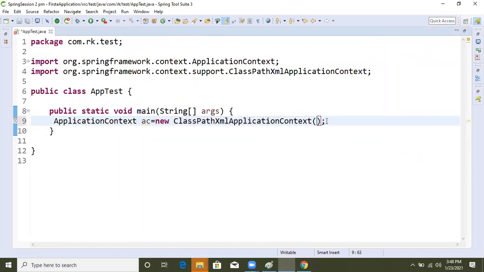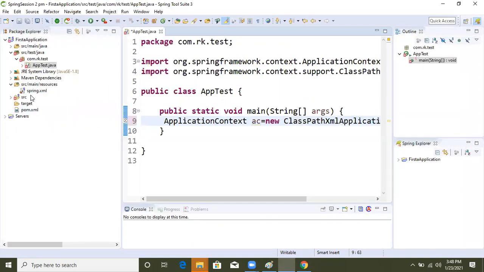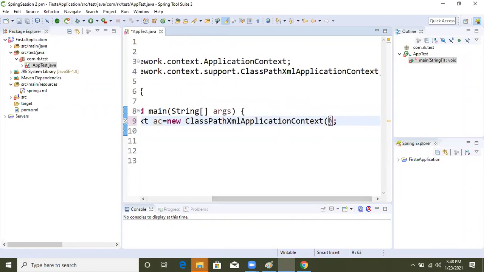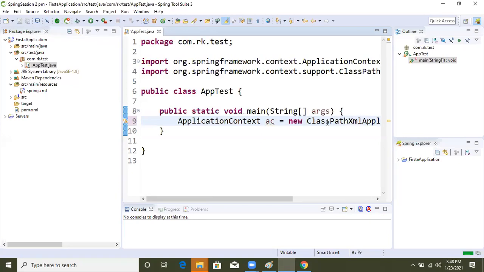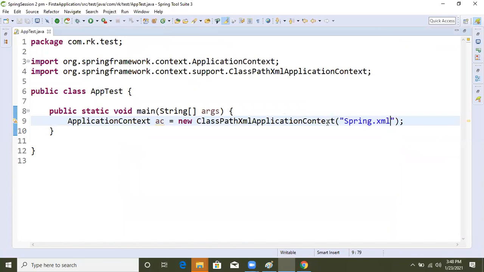Inside that we will pass spring.xml in double quotes.